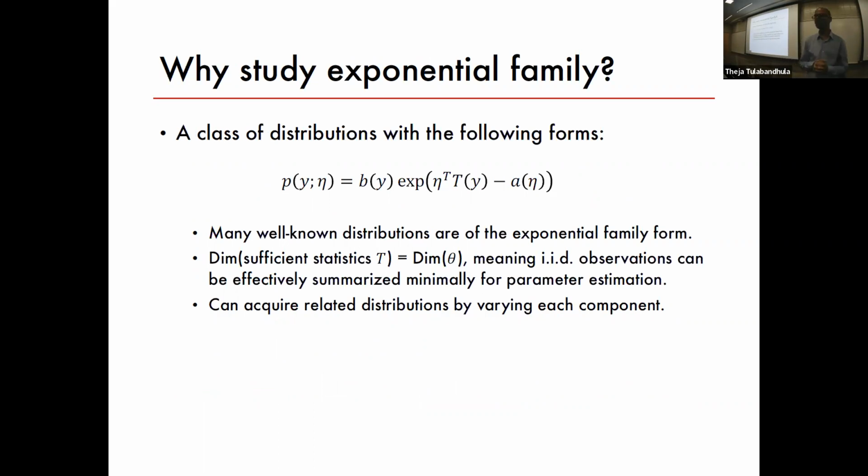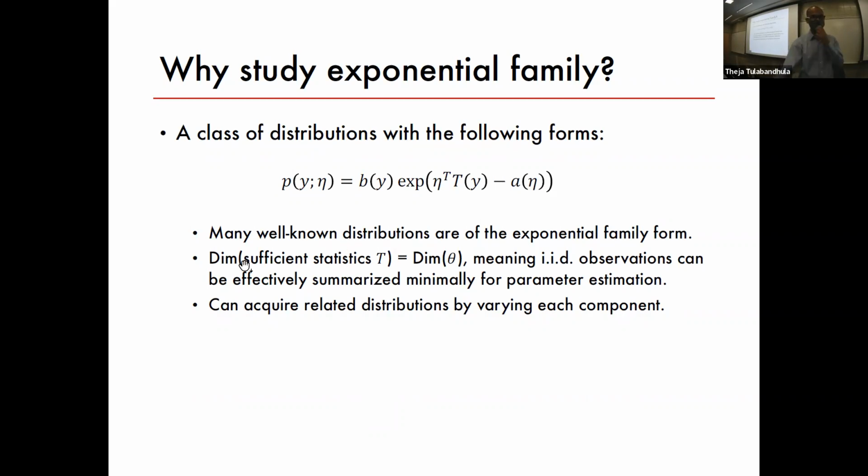So let's come back to our original motivation. Why are we studying sufficient statistics? We are studying them because we want to go beyond logistic regression and linear regression. We still want to use the strength of linear models, but we want to go beyond those two. The distributions motivating those two, logistic regression and linear regression, happen to be Bernoulli and Gaussian. They are just members of the exponential family, and since they are members, there are other members of the exponential family as well. There are many other well-known distributions.